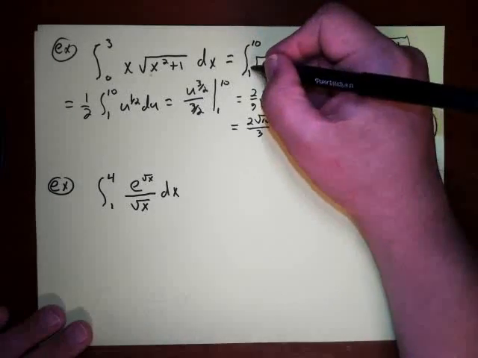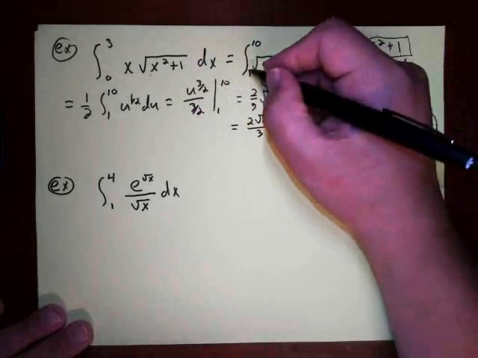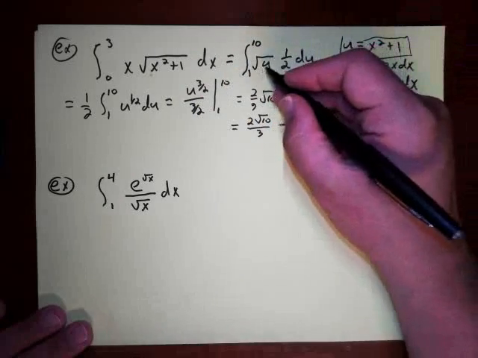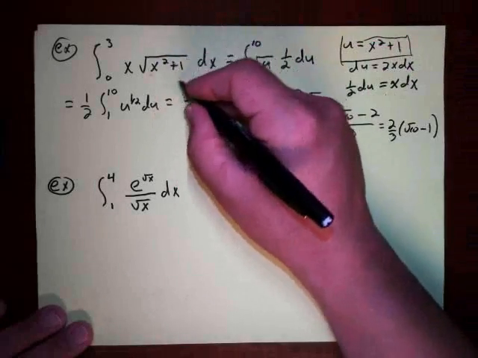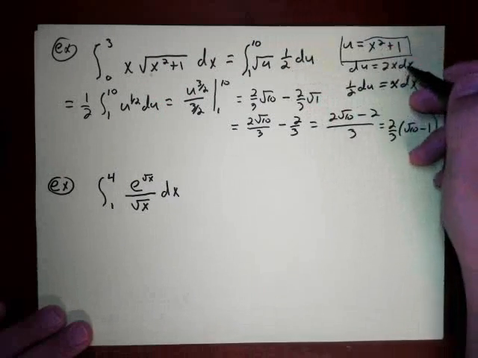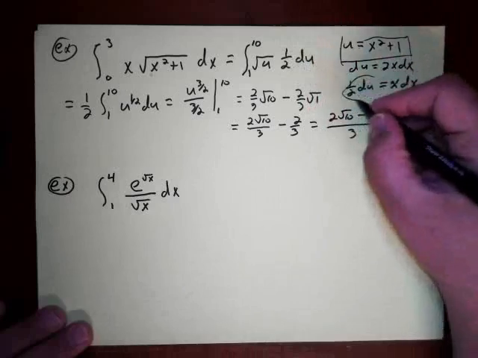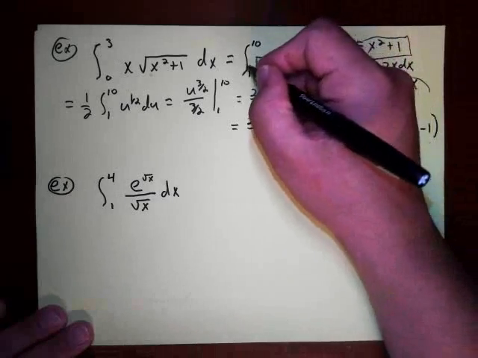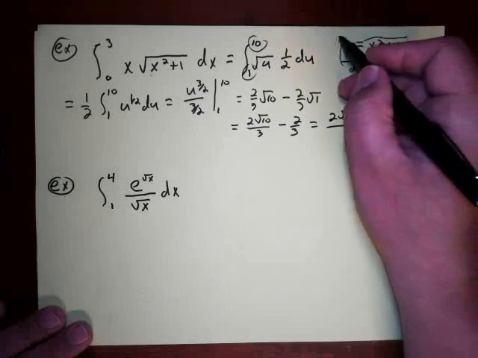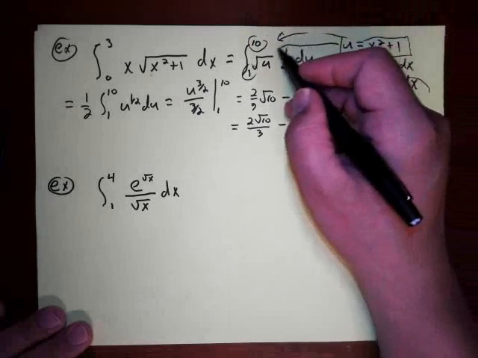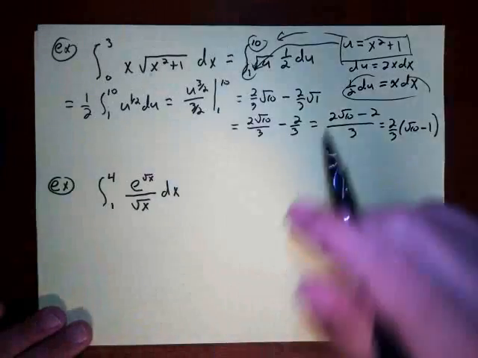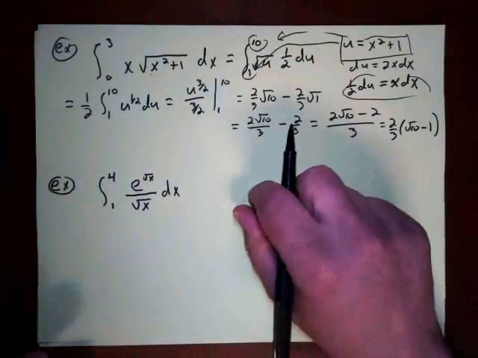So the important thing I'm wanting to show you is when you use the substitution method, you're substituting things in for u. So you're substituting u in whenever you have this expression, and you're substituting the du in correctly according to this, and then you got to substitute these limits here by actually placing them into u. Okay, when you use the substitution method, that's the important thing. So now let's